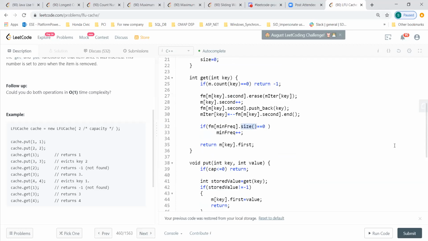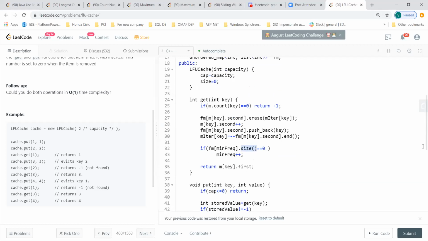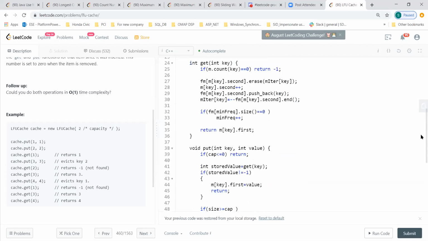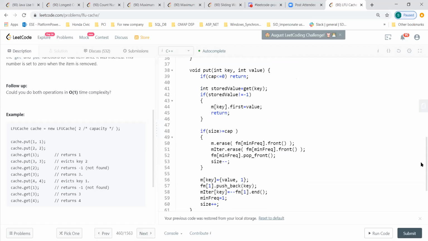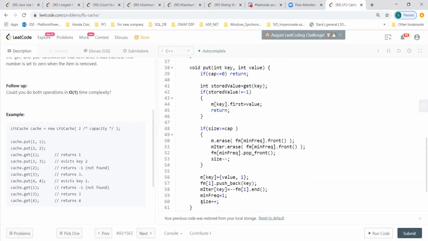Yeah. So size is initialized to 0 in the constructor, and whenever you put some value, only then you increment the size. If your capacity increases, you decrement the size and then you increment it again here.